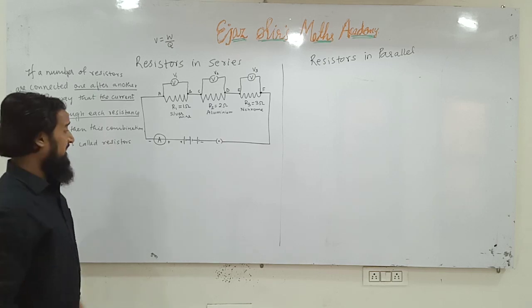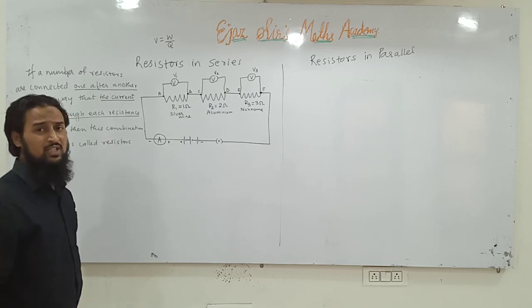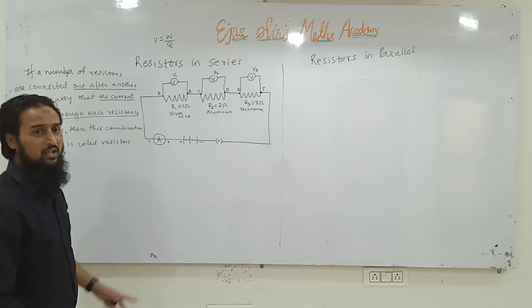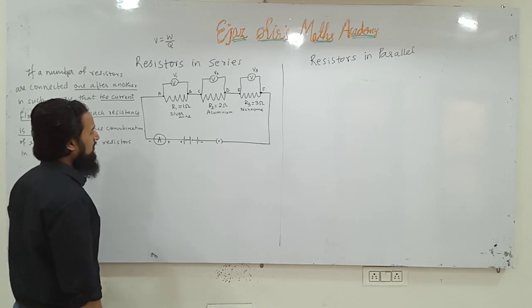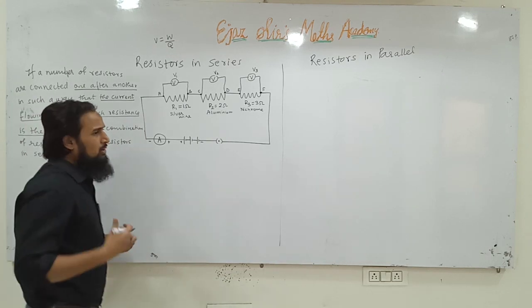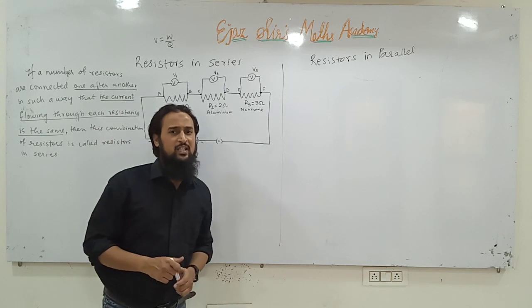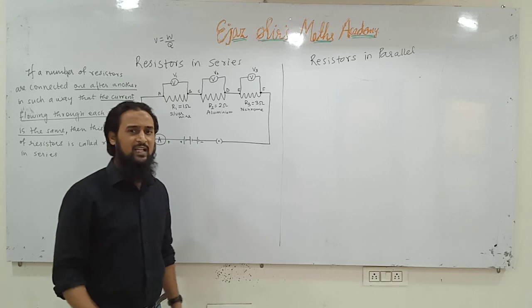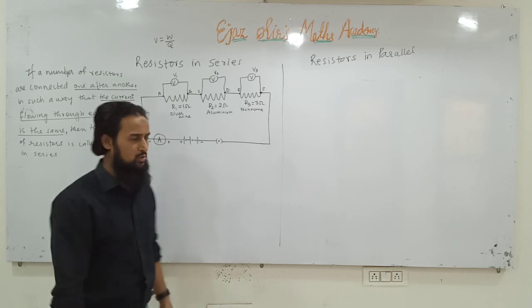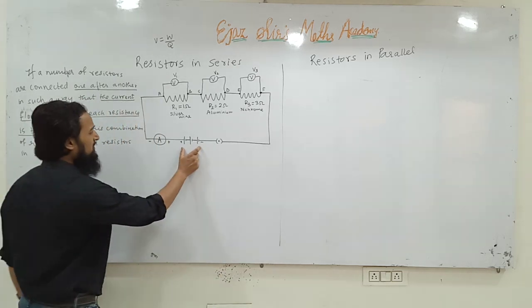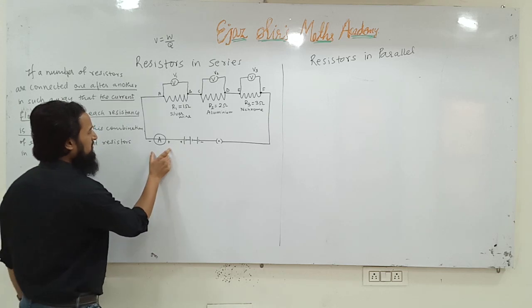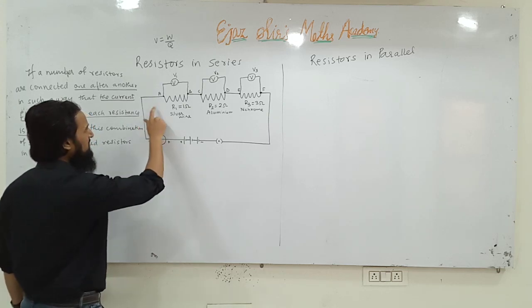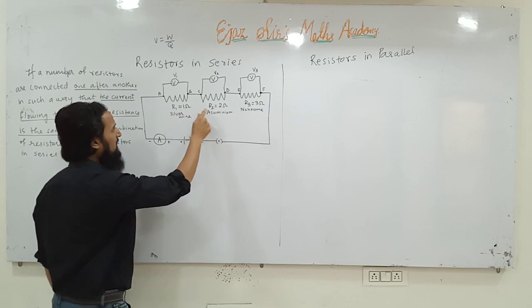Let us start writing the derivation. Shall I write the derivation, or shall I write only the important steps of the derivation? You will see I will only tell what we should write. I will not give it in written form, because everything is written in notes, and it is already written in the textbook also. See, connect the cell and ammeter in series, and let us connect resistances R1, R2 and R3.